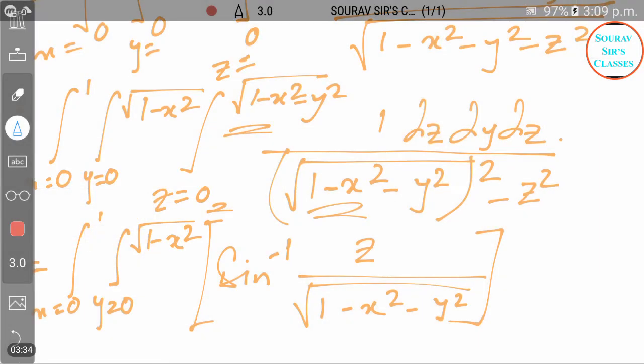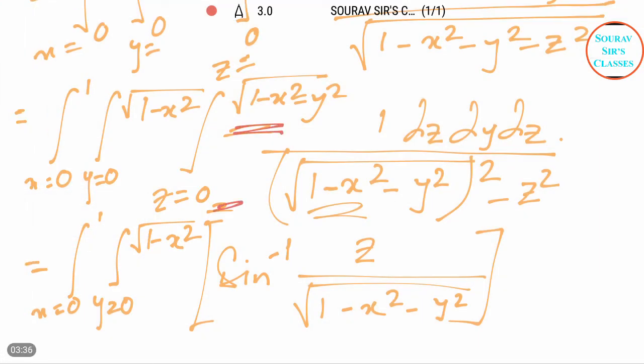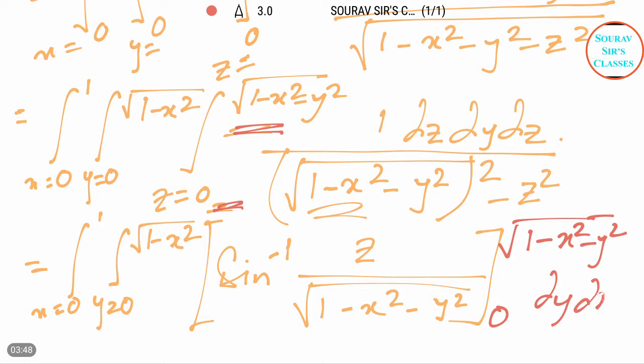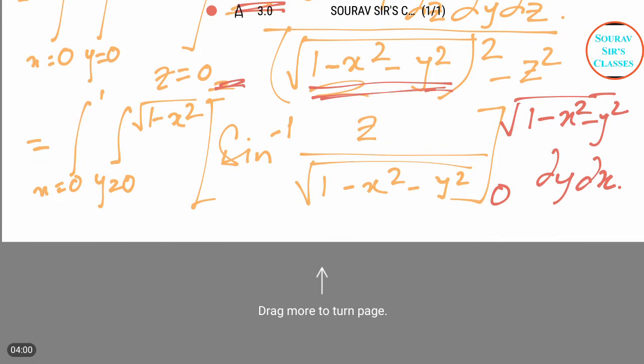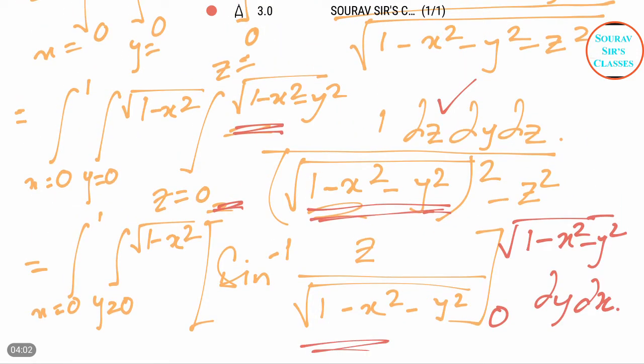So these limits we are putting here, that is root over 1 minus x square minus y square, and here the lower limit is 0, and dy dx. That means we have integrated this whole part with respect to dz,